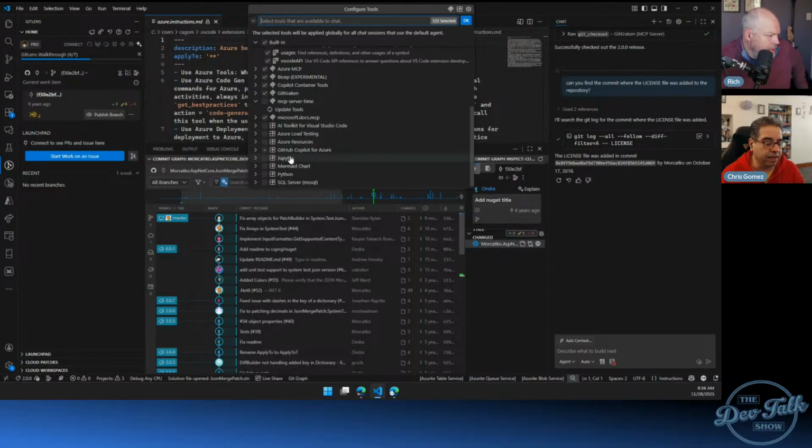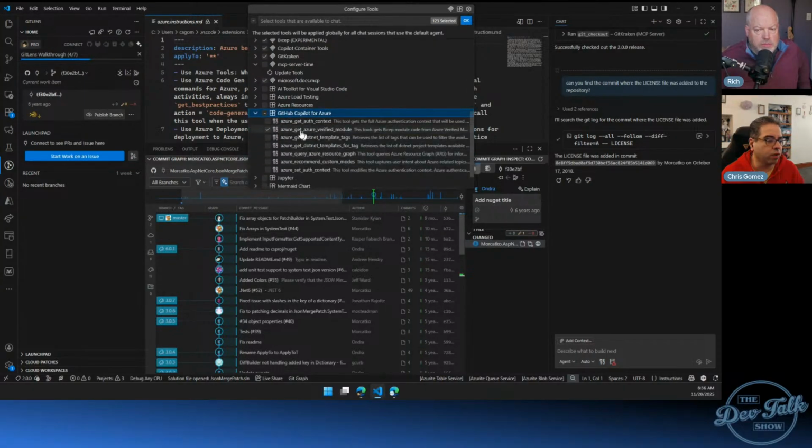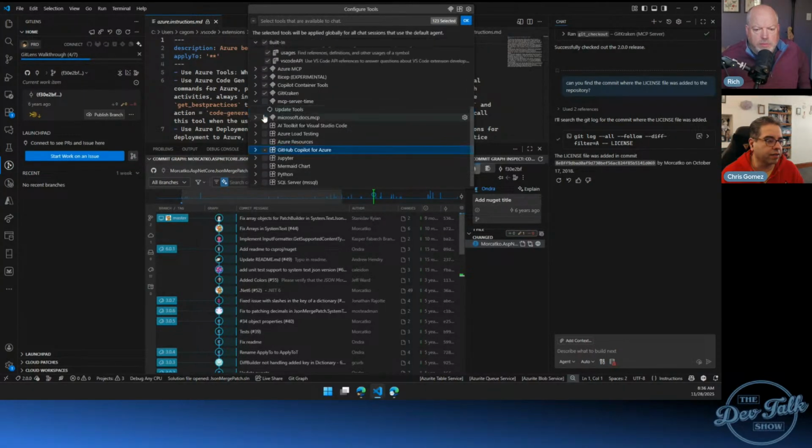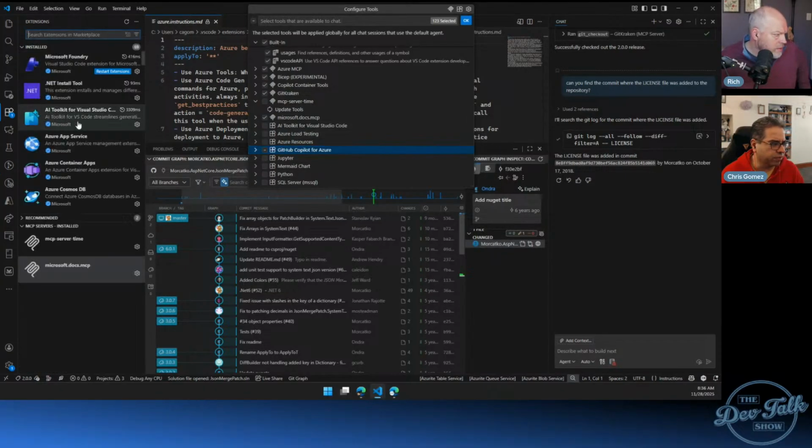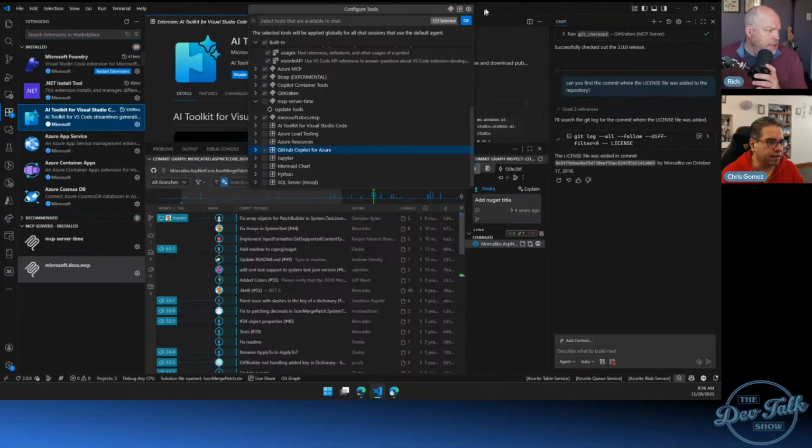Certainly many of the extensions that I've added recently, like I know we've been working in Mermaid, so this one's added, and I brought in SQL Server support, and I think I have Python installed. So that all makes a lot of sense. This is, I guess, telling me that I've got one or two of these. Okay, that's what the little dash, I think, is saying. And the AI toolkit came from what we just did recently at Philly.net. And now here I am at the 123 selected. So it didn't take much.